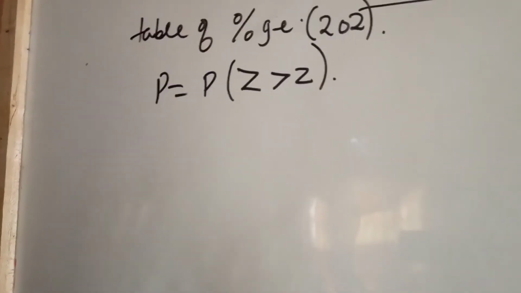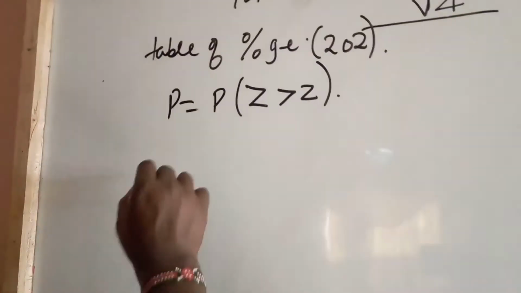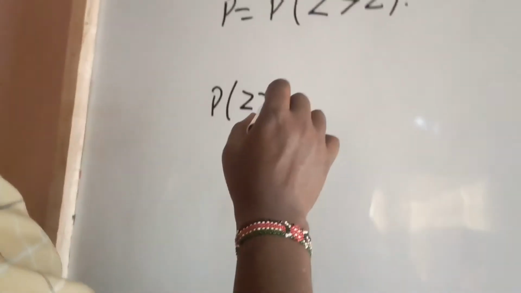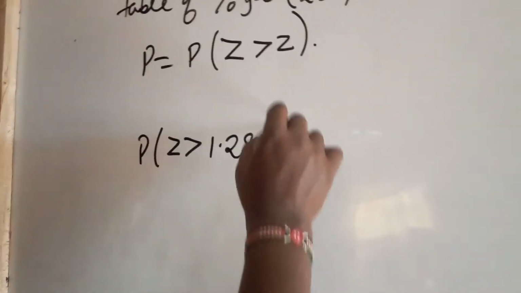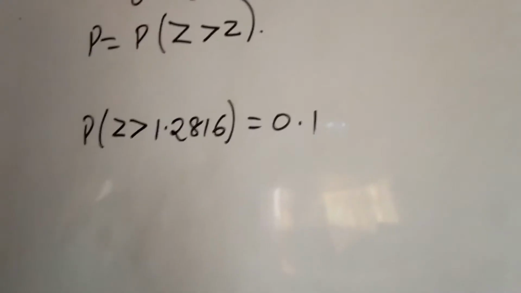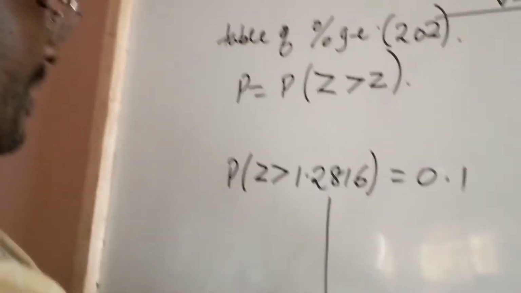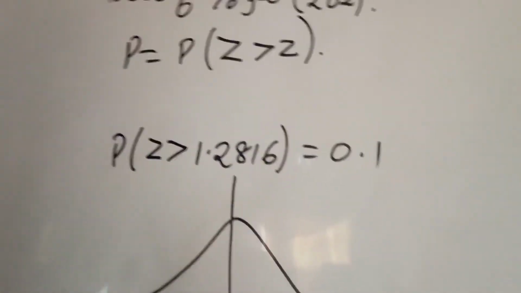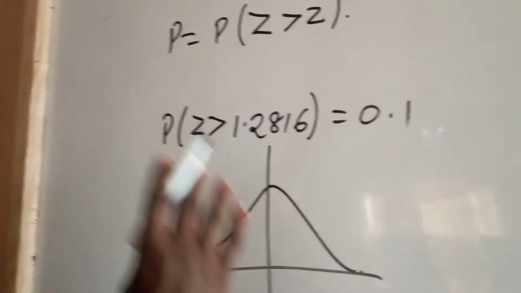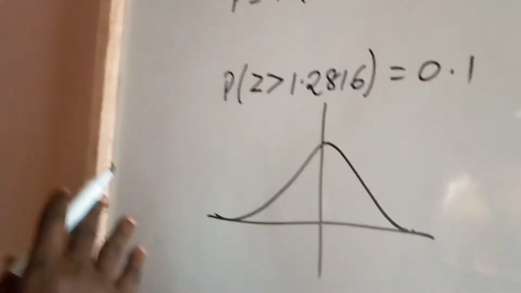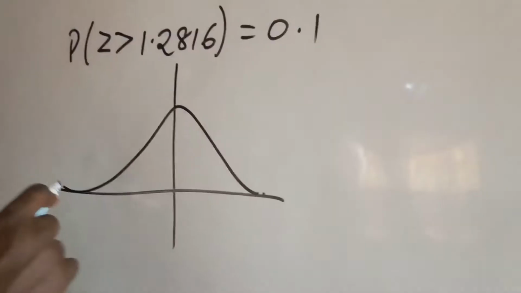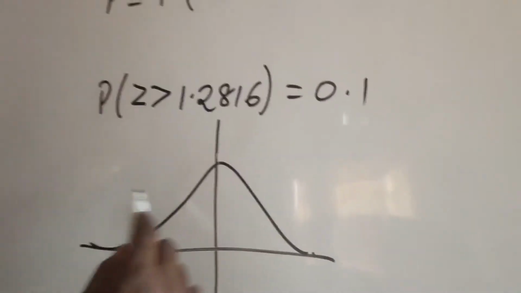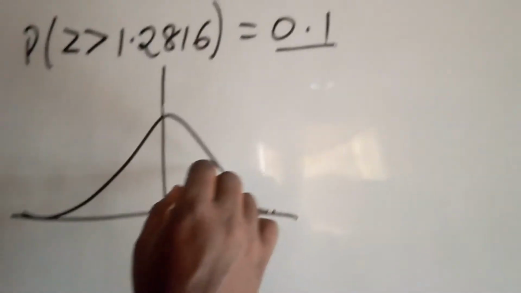by symmetry, if we say that the probability of z greater than 1.2816 is 0.1, diagrammatically this is represented this way. Remember, we said that the area of the whole model is actually 1. So for half of the model, the area is 0.5. And you can see if the area is 0.1, then we have